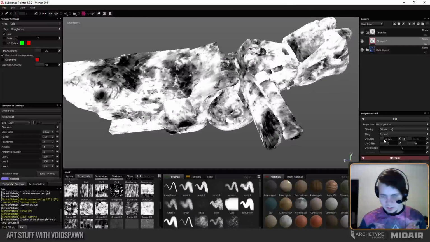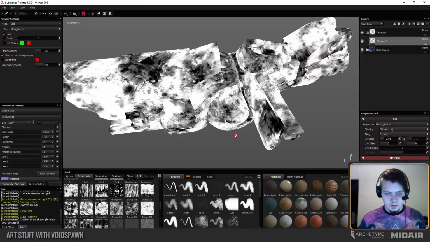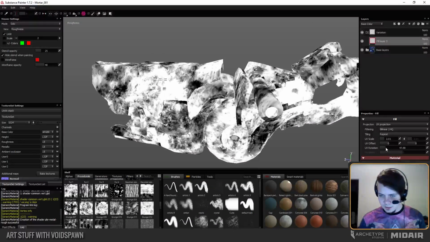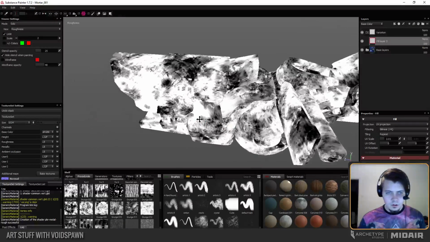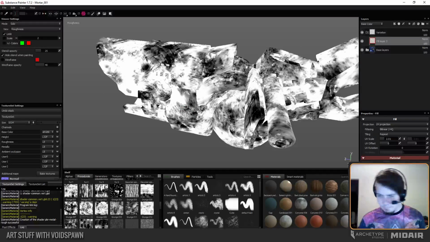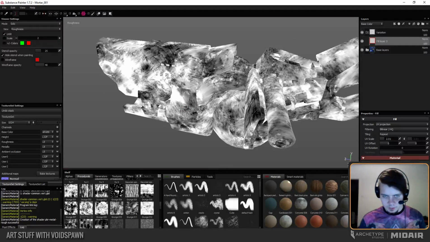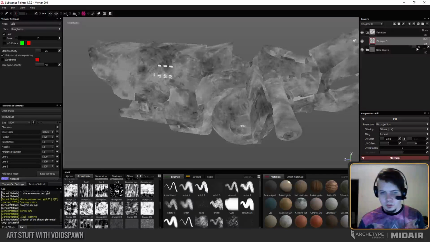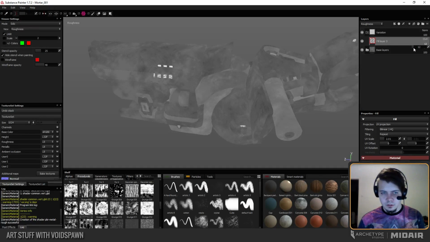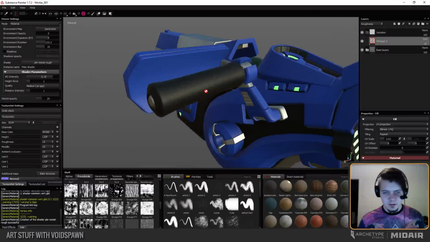But I can change things like the tiling on this to something a bit more pleasant. I can also rotate it if I feel like it. And I mean the most important things are right here, which are the contrast and balance settings. I'm actually also gonna set this to overlay, and take that down almost so that you can't even see it, just because it's like a baseline level